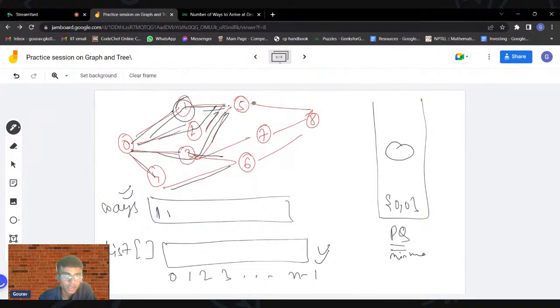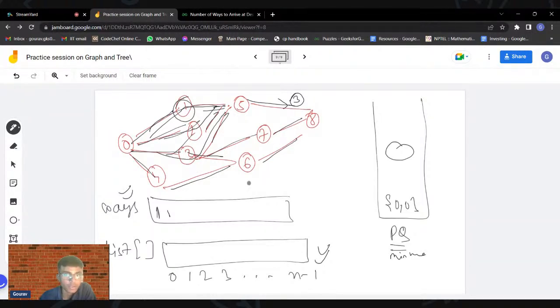So there are 3 ways. Now from 5 I can also reach 8 as well. So the thing here is that you can reach 8 here in 1, 2, 3 ways. So the answer would be 3, the number of ways to reach 8 from here. Again, this is also another way to reach our destination 8. This is also another way to reach our destination 8.